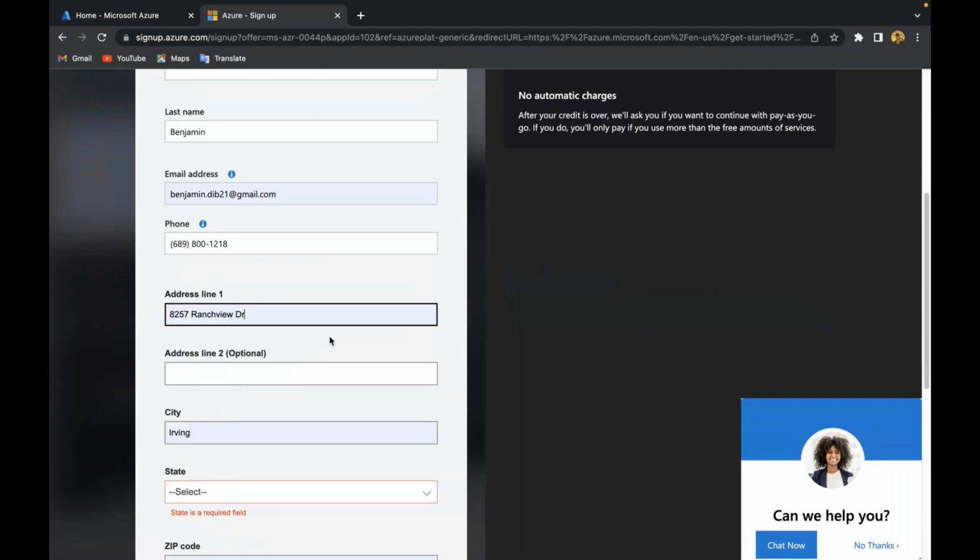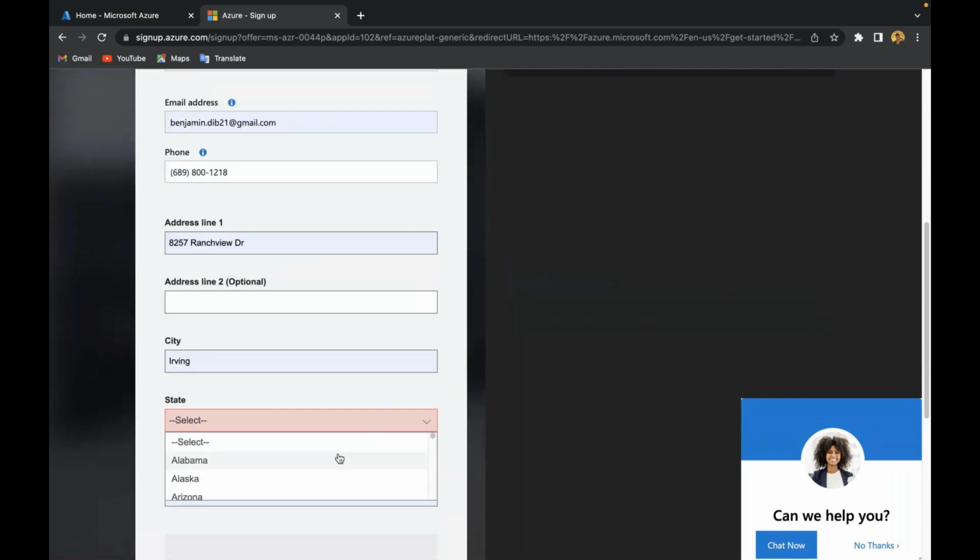Then for your address, you can give where you are living.